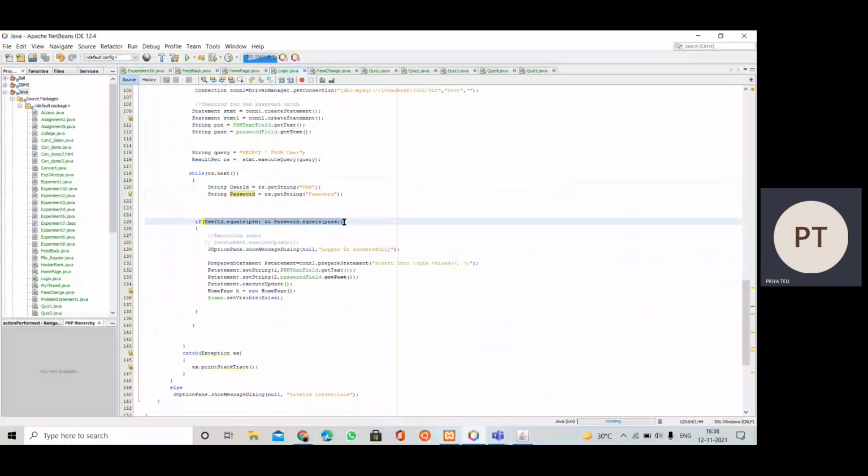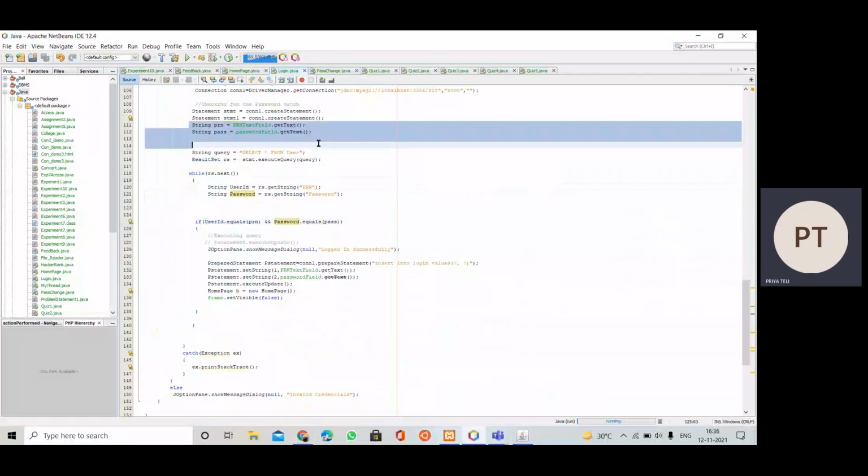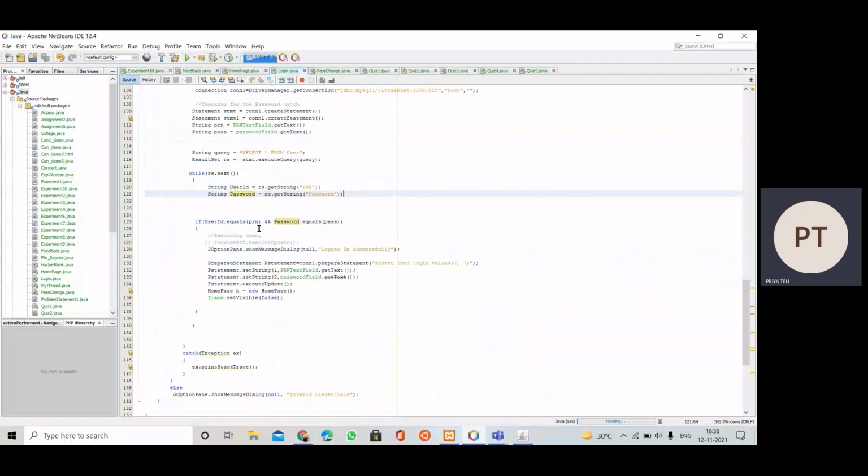So we are going to compare it with those entered into the text fields. The values entered into the text field and the values fetched from the columns will be compared, to check whether the user exists or not. If it is registered, then he or she will be allowed to log in. So here we are going to use and, because the password and username should be matched, then only the user will be allowed to log in. So for that we have taken as if userid.equals(prn) and password.equals(pass). If it is true, then we are going to display the message that login successfully.